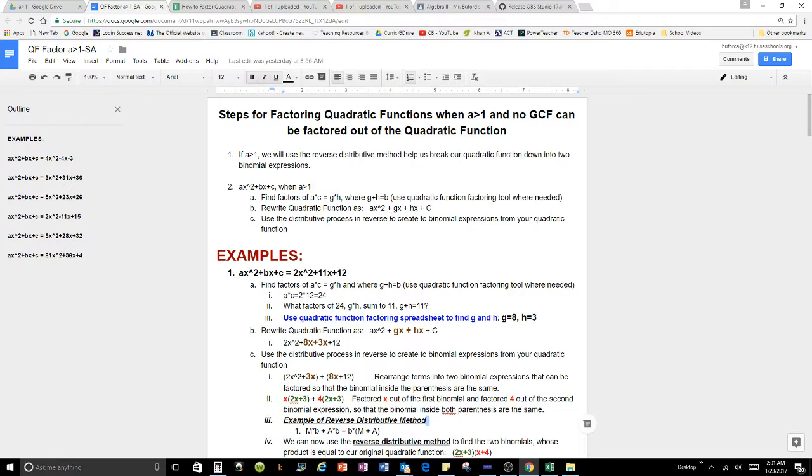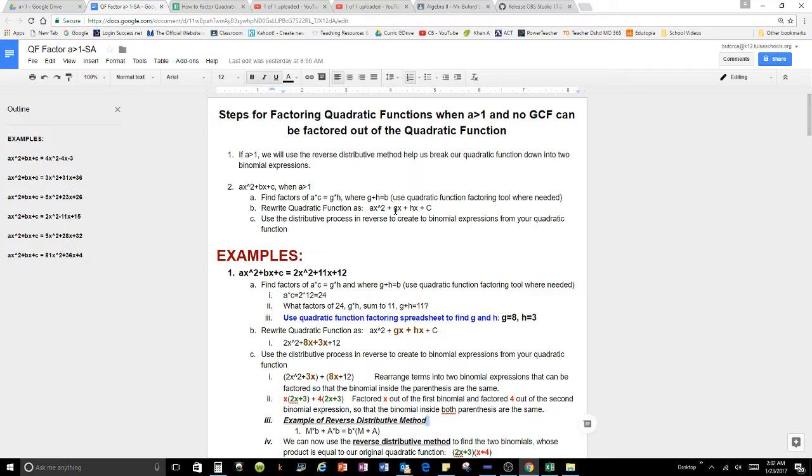And what I mean by that is our original equation is ax squared plus bx plus c. What we want to do is take ax squared and put it to the left, take c and put it to the right, and then whatever we find that g and h are equal to, we want to put that